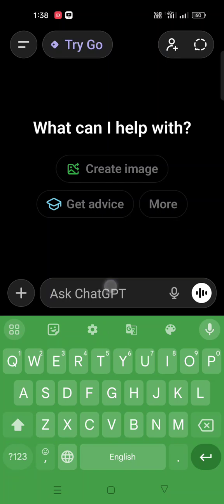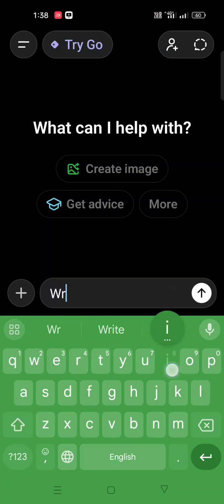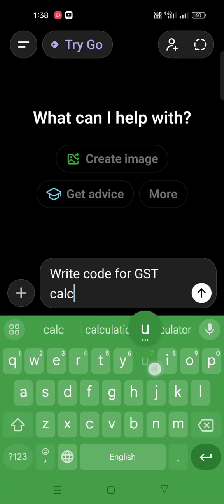Open ChatGPT and write a prompt here. Write code for GST calculator India.